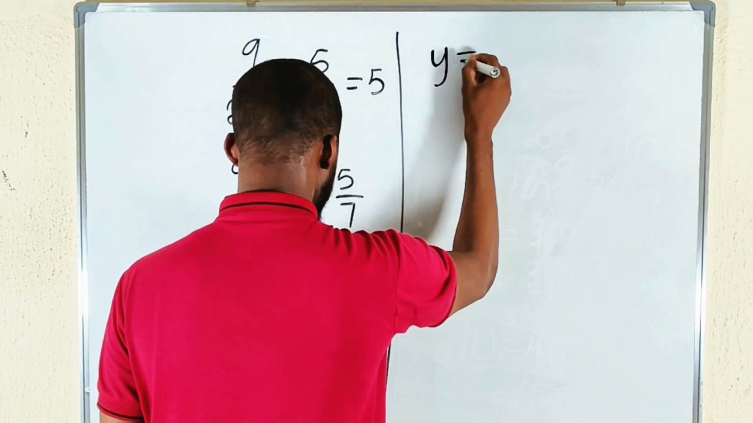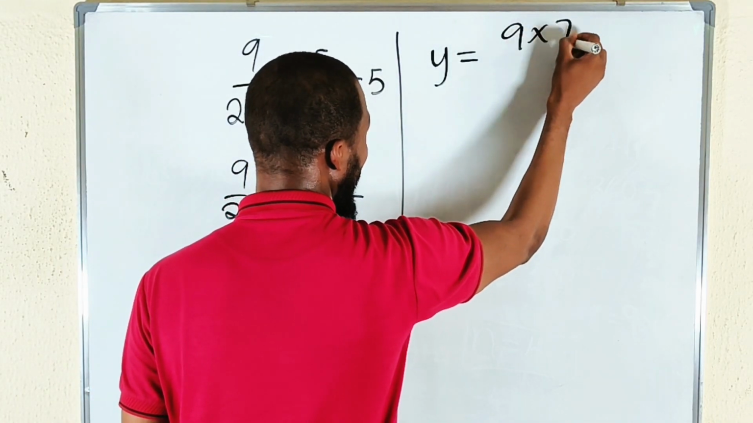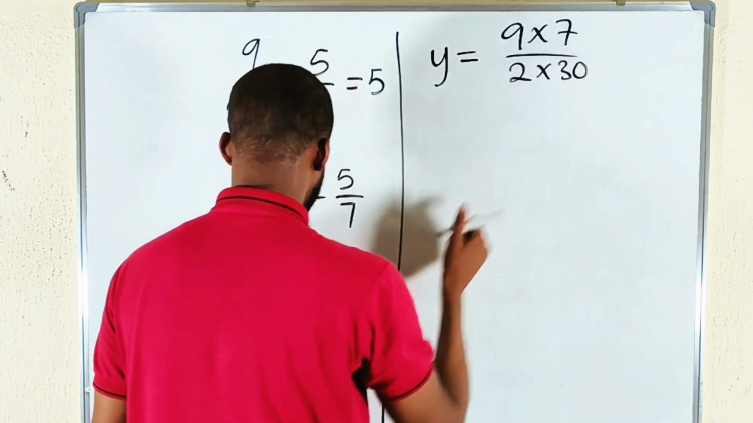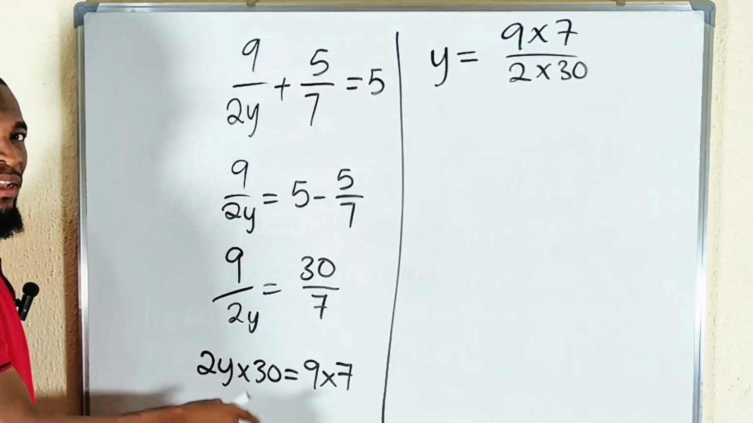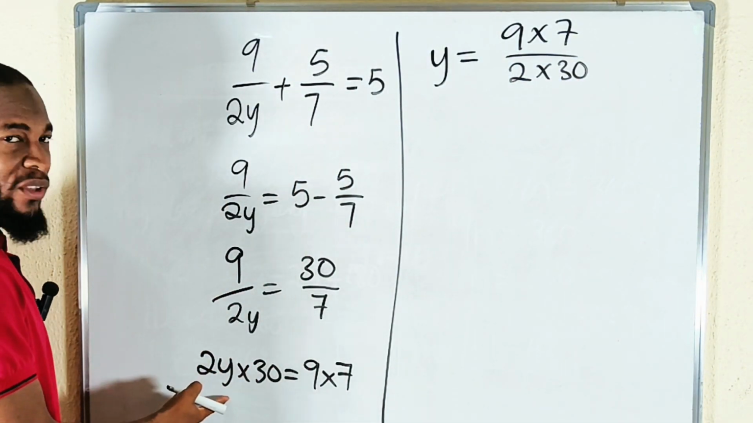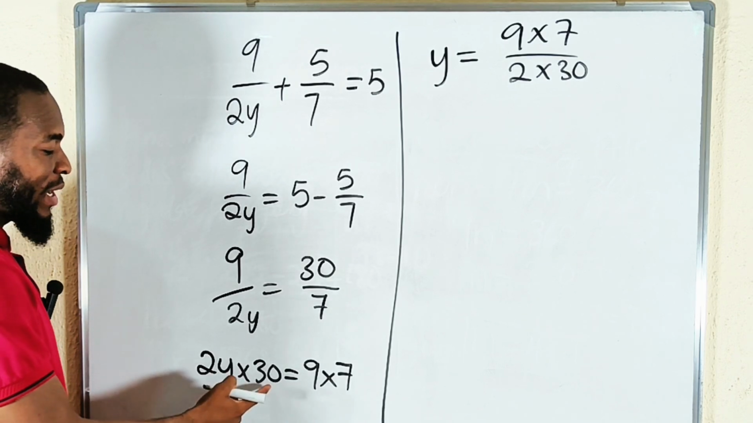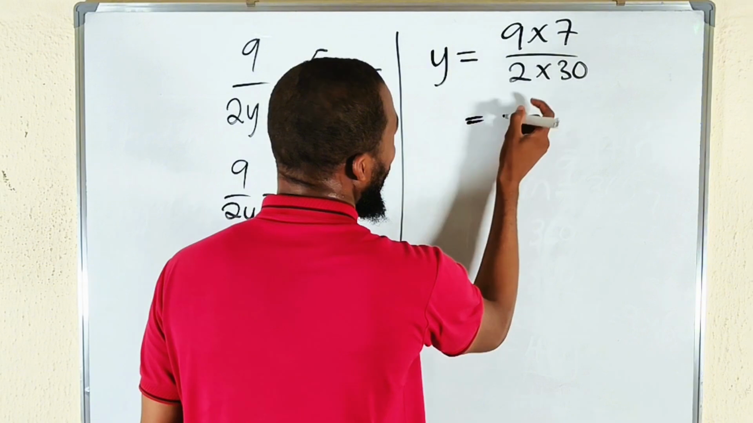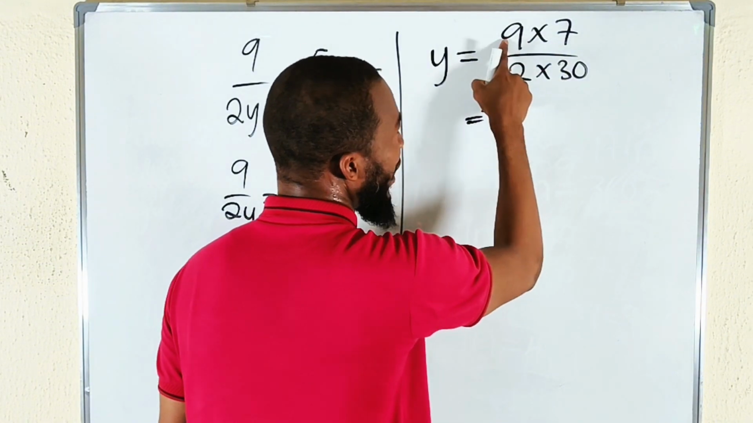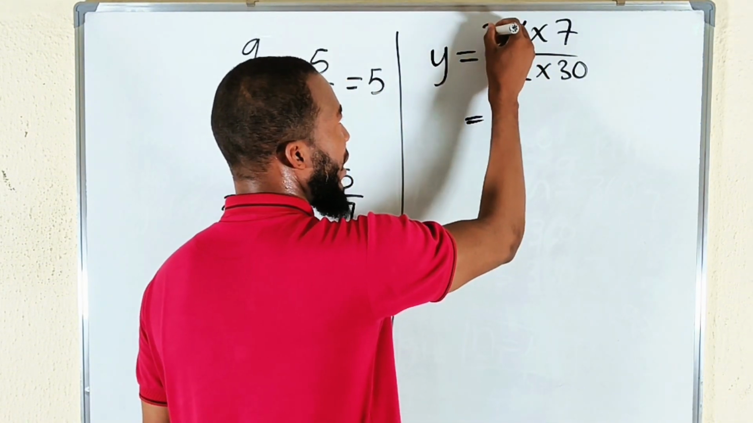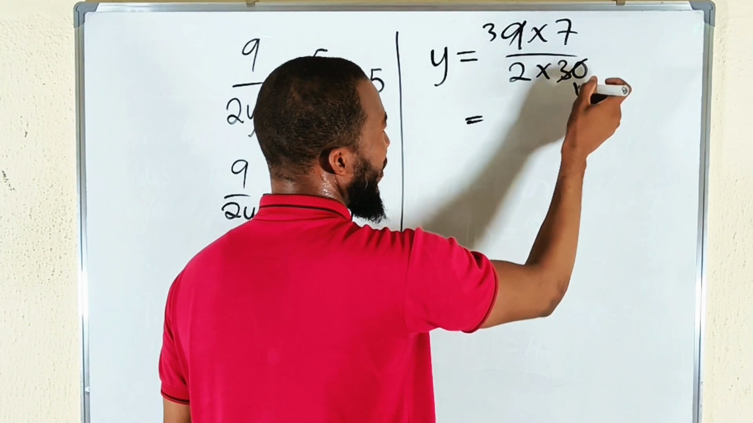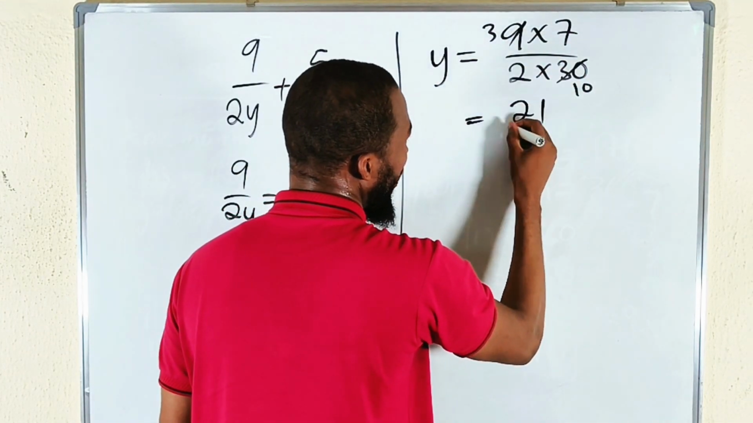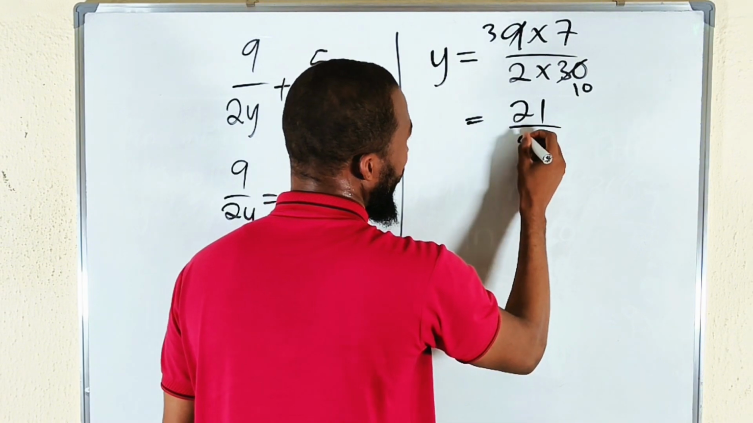So y finally is equal to 9 times 7 divided by 2 times 30, because 2y and 30 are all multiplying. So if you isolate y, you have 2 times 30, which is going to divide to the right hand side. So you can see that 3 will divide 9 exactly 3 times, and 3 will divide this exactly 10 times. So what we have here is 3 times 7, which is 21, divided by 2 times 10, which is, wait,